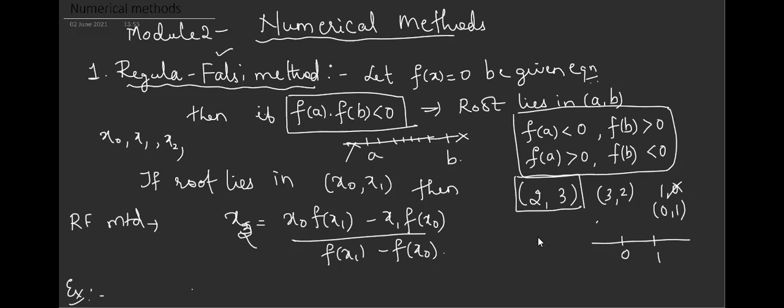Okay, so I'll find x2. After this, again, I'll confirm with this property. Again, I'll see for what values f of a into f of b is less than 0, because I'll be having 3 values over there. How to do? I'll take an example and explain. Then I'll get a value which is called x3. I'll write a similar type of formula. Then similarly, you have to just go on finding, till the difference between the values of x is very, very less. Got the thing? Okay. Now this is about the method called the regula falsi method.